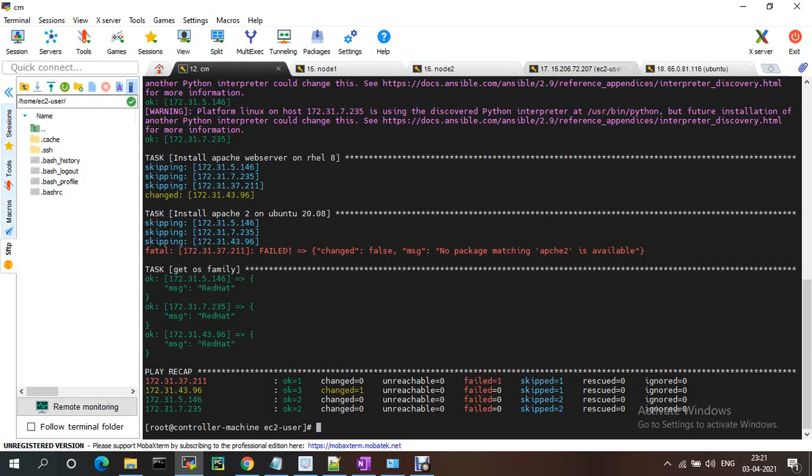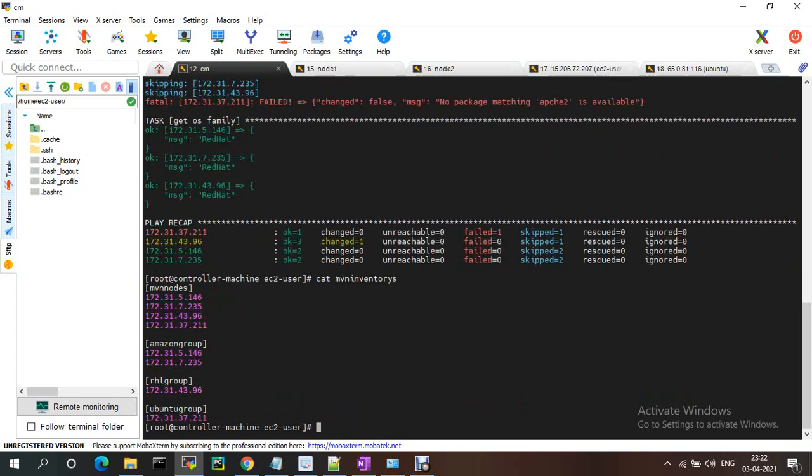So let me do one thing. We have different groups, right? Like the RHEL group. Let me install only on the RHEL group instead of all the hosts. So cat the maven inventory. Instead of this one, I'm just giving the RHEL group.